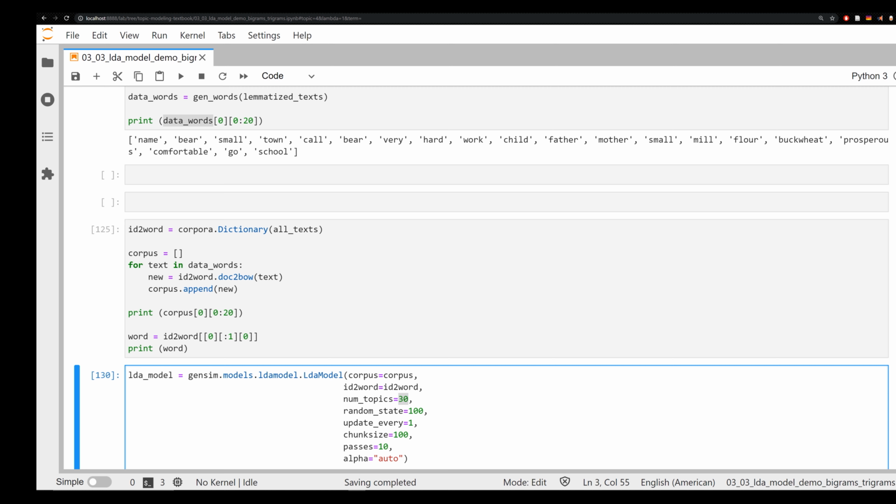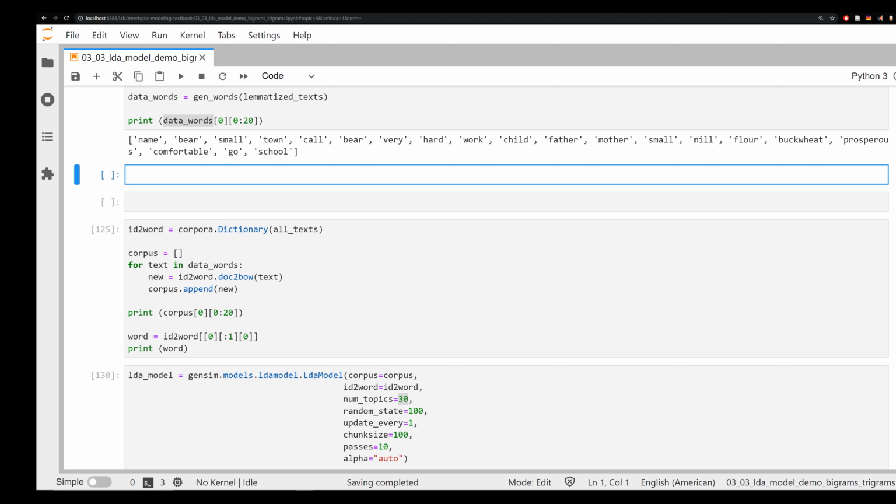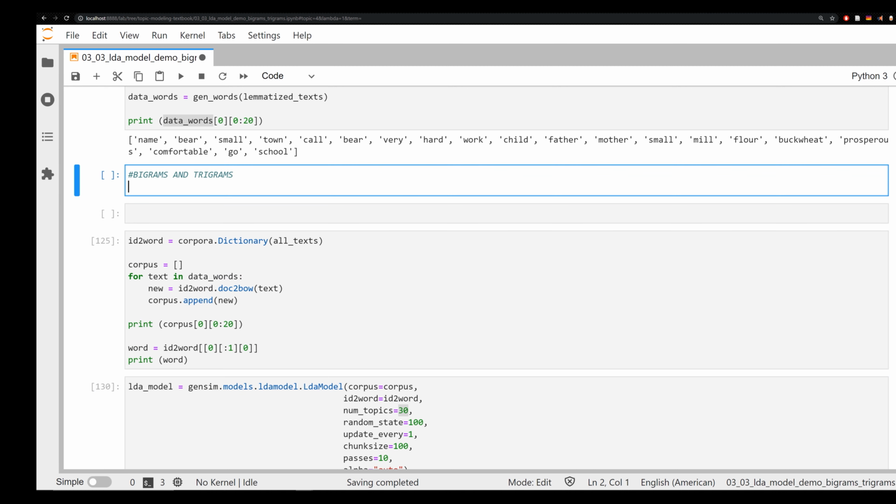to do that. The other thing that we're going to do, and this is the first thing, is that we're going to start adding in some bigrams and trigrams. And I'm going to add that in right here in this cell. And then in this cell, we're going to work on the code for the removal of the excessive number of